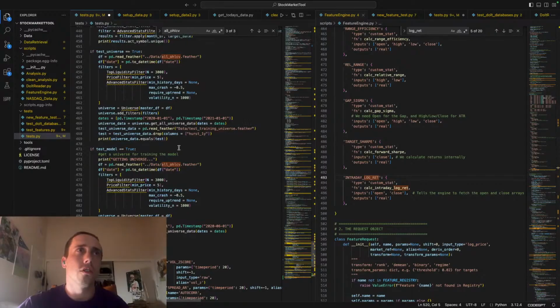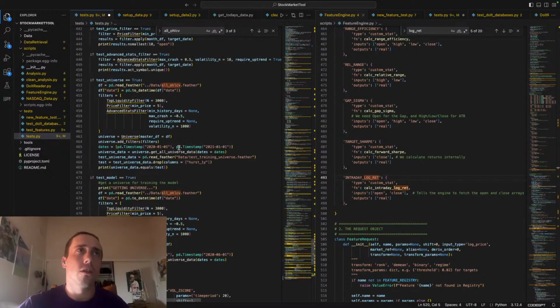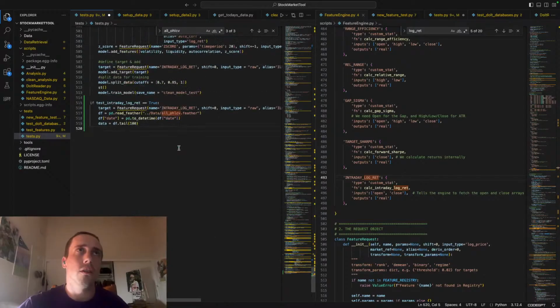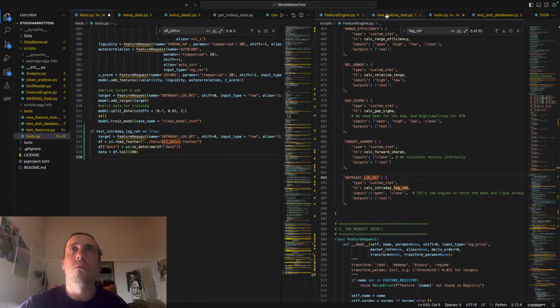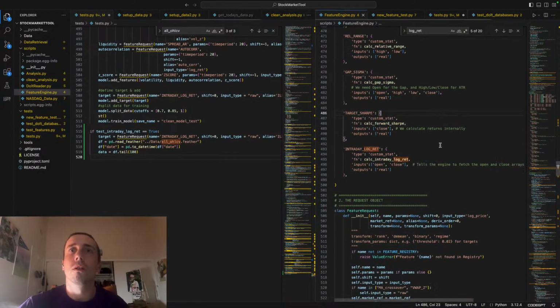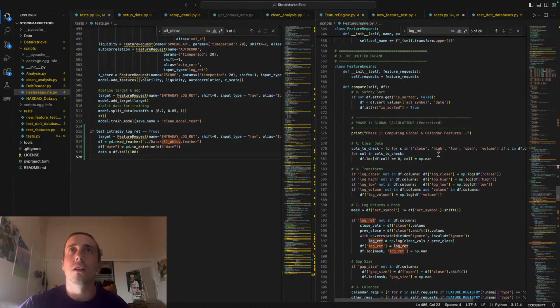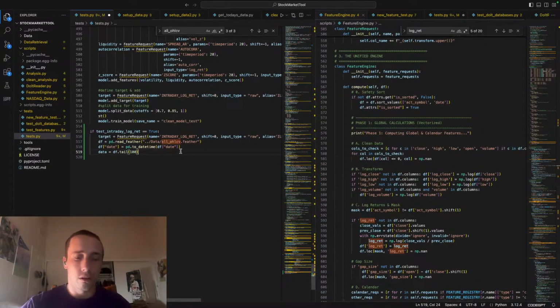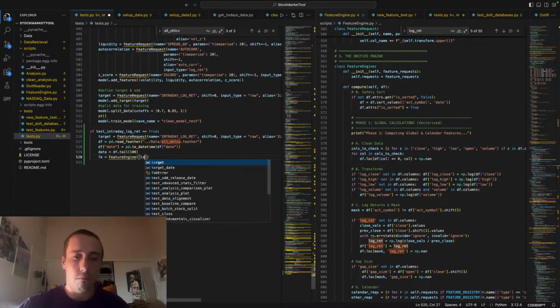FE is equal to feature engine. And requests is just the target.